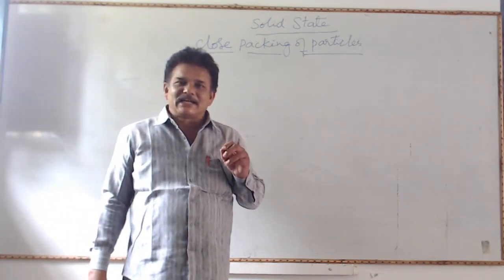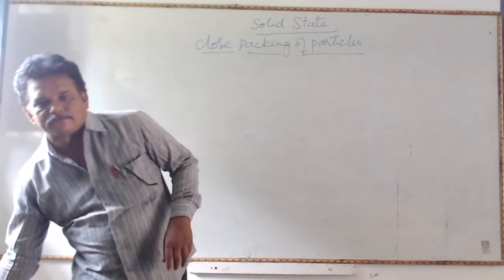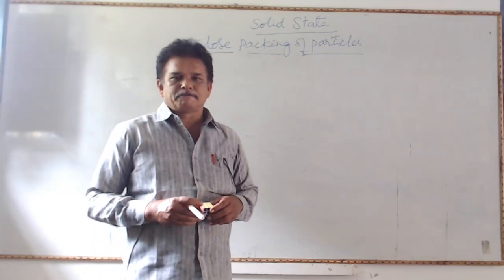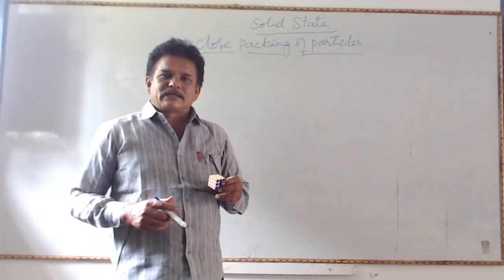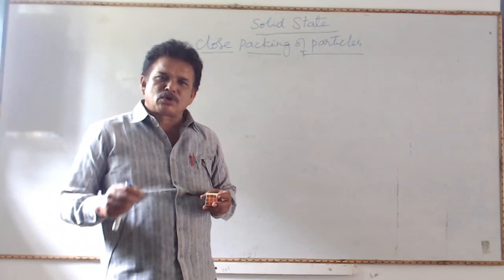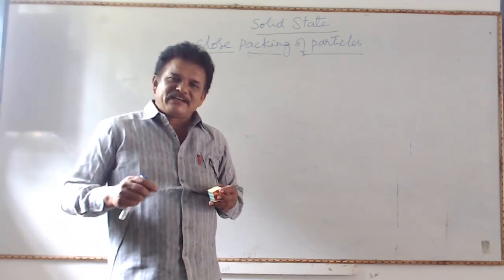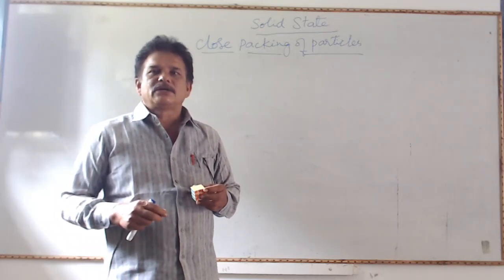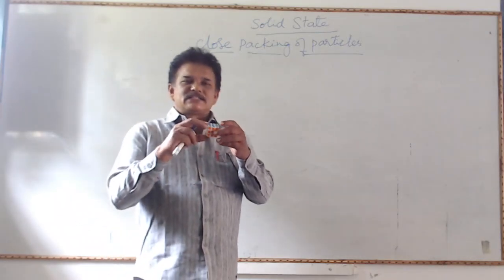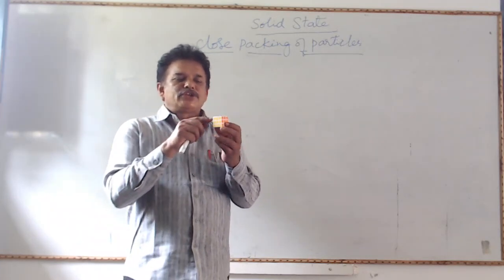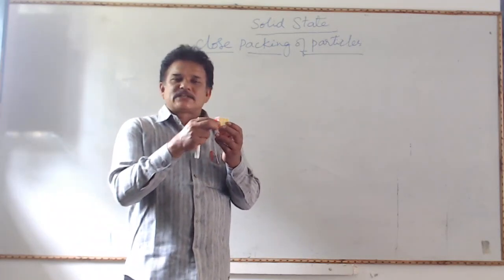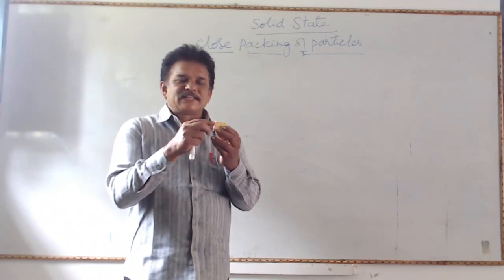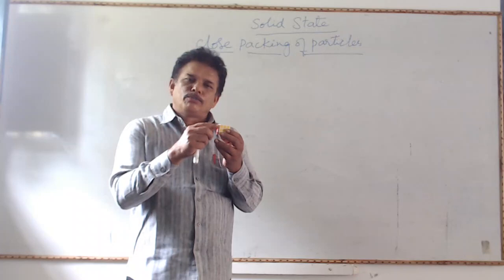So, what is crystal lattice? The three-dimensional arrangement of the particles is called crystal lattice. And in crystal lattice, the smallest portion which repeats in all the three directions to form the entire crystal lattice is called a unit cell. Say, this is the crystal lattice. Each cube in this crystal lattice is said to be a unit cell. As it is in the form of a cube, it is called a cubic unit cell.